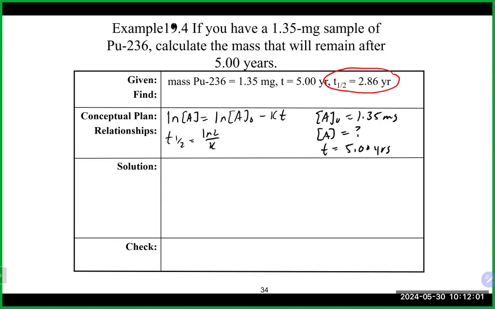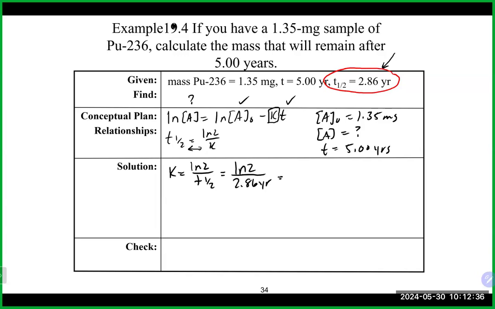So if we look at our equation, we're looking for this guy, we have this guy, we have this guy. But as I mentioned before, very common in these type of problems, you are missing the decay constant. And again, that is where obviously our half-life information comes into play. So we're going to use our half-life equation here to solve for the decay constant, which would be the natural log of 2 divided by the half-life. They basically switch places. These two guys basically multiply and divide. And that will give us the natural log of 2, which is that 0.693 number you sometimes see,